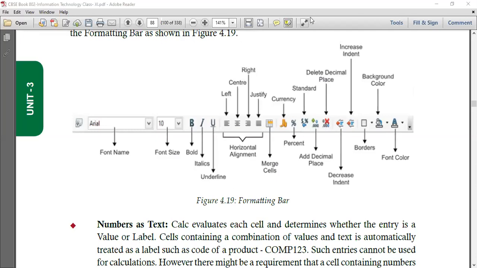So I think that's it from my side today. So I'll end here now. And you people might have understood these things. These are simple things, but the things you must go through and practice once so that you can get a better idea about this. So open Calc and just see all these features once. And if you still find any kind of problem or difficulty anywhere, you can just come back, right?